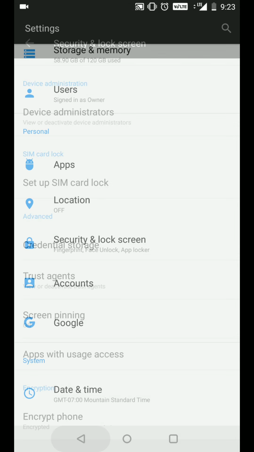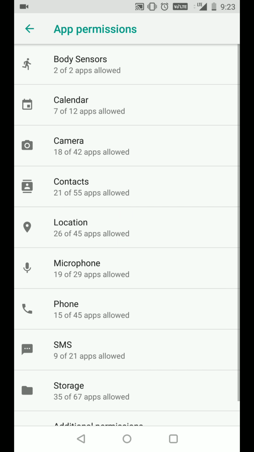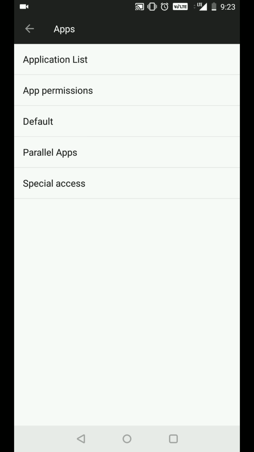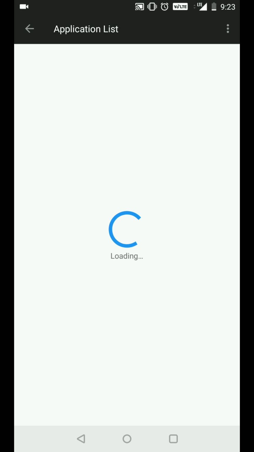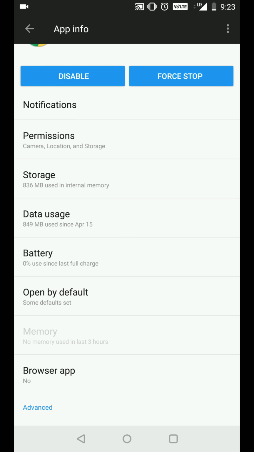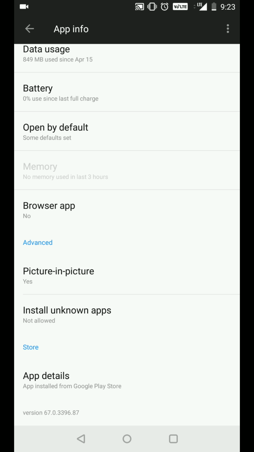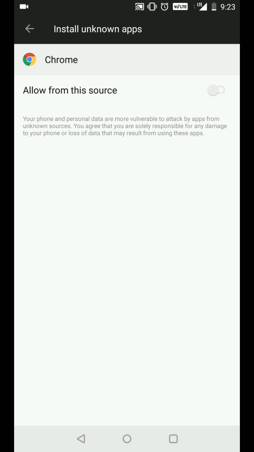So what I had to do is go to your apps and then go to see app permissions. No, not that one. Where is it? App list, and then go to Chrome, and then you're gonna go down to where it says install unknown apps. Right here at the bottom, just click on it, and then all you have to do is click enable, and